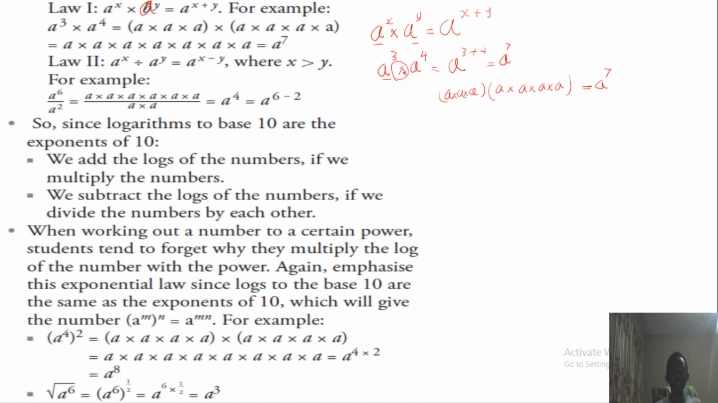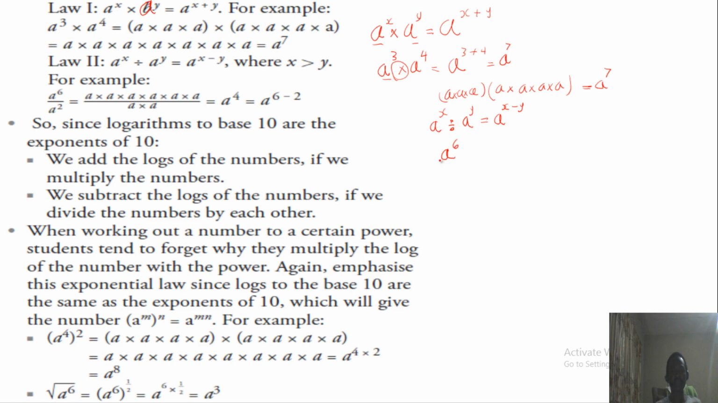But in another case, when you have a raised to the power x divided by a raised to the power y, automatically you're going to have a, but here it will be x minus y. What happens? The sign will change. If it is division, it will change to what? Subtraction. If it is multiplication, the power will change to what? Addition. Therefore, in this particular case, if I have a raised to the power 6 over a raised to the power 2,